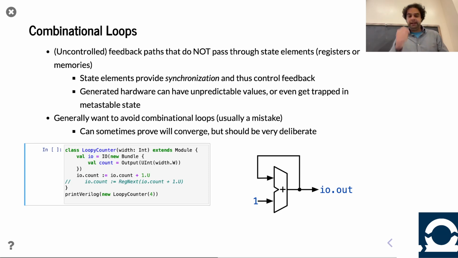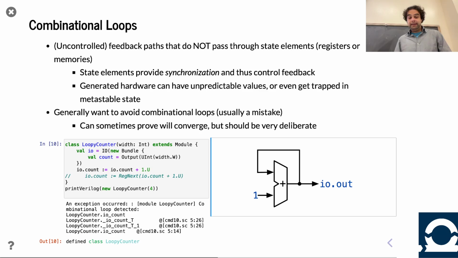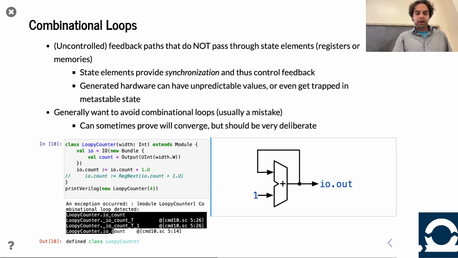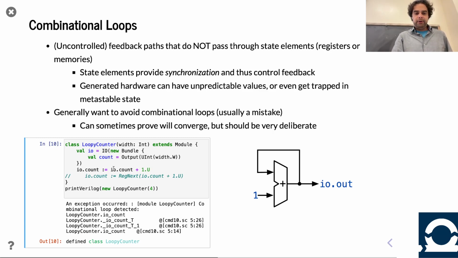So to show you what happens, let's do that. Here I've written the counter, as shown on the right, and I pass it to the Chisel compiler. What does it tell me? It tells me there was a combinational loop. So it detected that you're not going to be happy about this. Now, looking at the output, it may not be hyper obvious what's going on, so let's talk about it. Number one, there is this module LoopyCounter, and it recognizes that